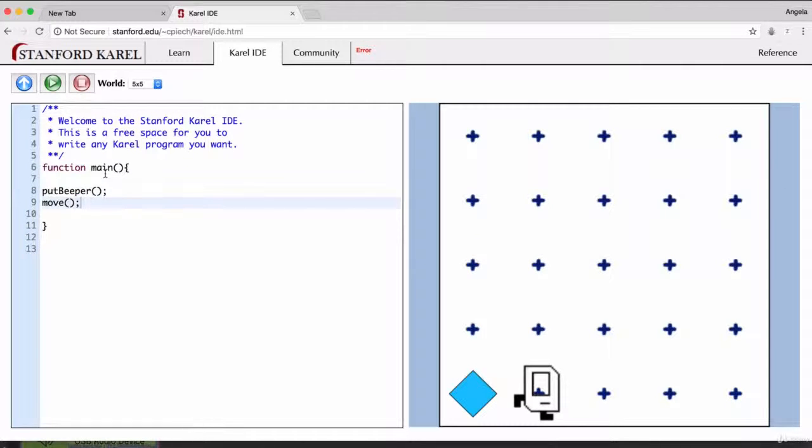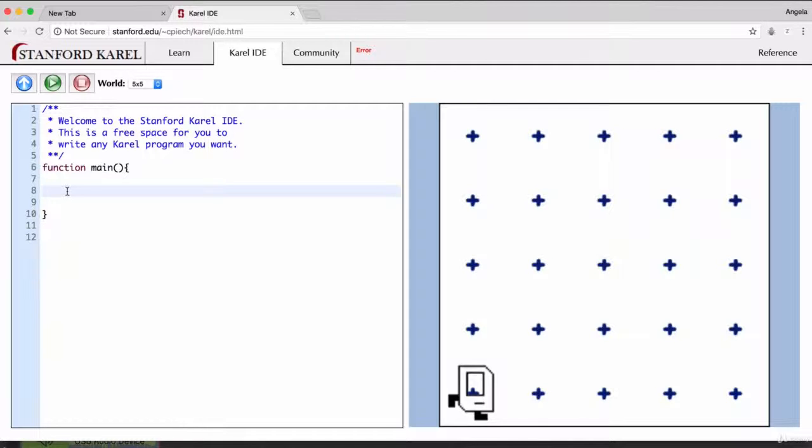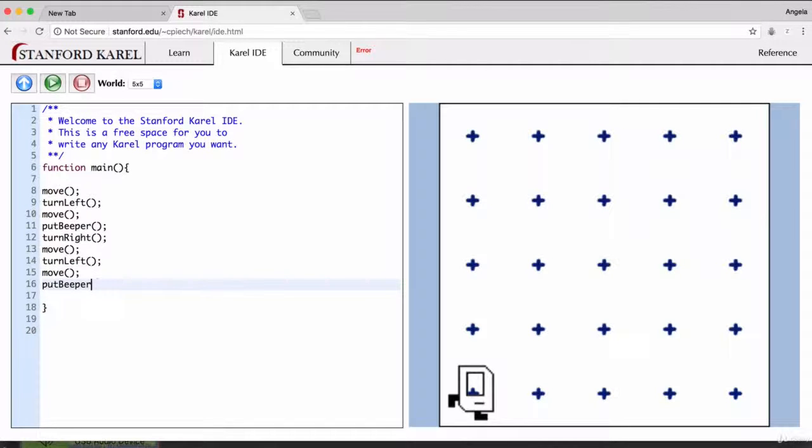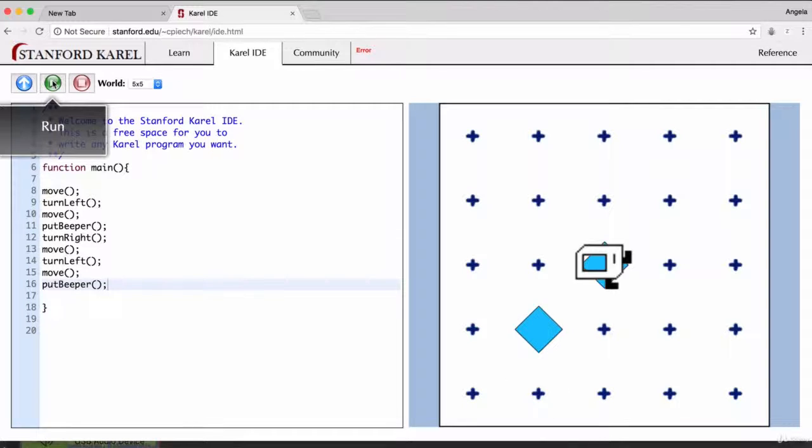Okay, so let's break down the problem. Essentially, Karel will start in the bottom left corner and she can move forwards, turn left, move, put down beeper. So one way of doing this would be writing move forwards, turn left, move forwards, put beeper, turn right, move forwards, turn left, move forwards, and put beeper. So if we run our code as is, you can see that she's begun on her journey,